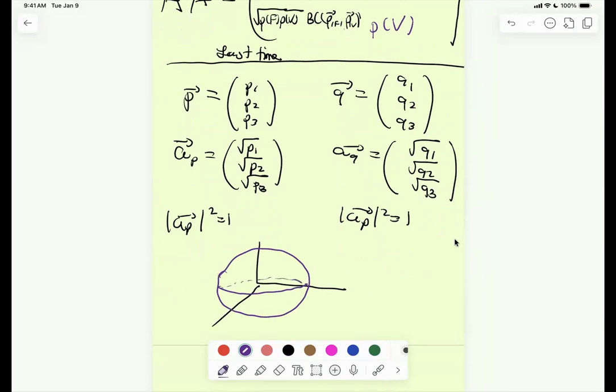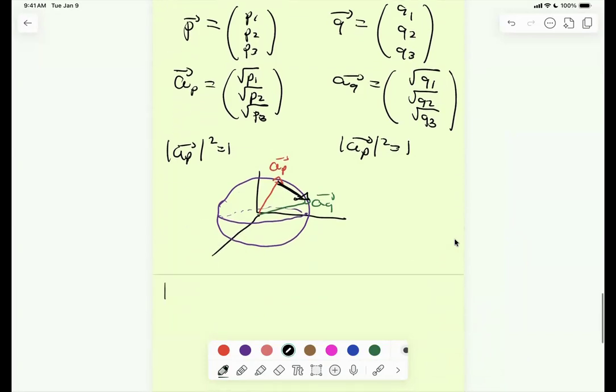Okay, you have the unit sphere, and so you have one vector being AP here, and the other vector being AQ, right? And all that I had said is that one way to measure the distance between these probability vectors is just by measuring the distance between these two amplitude vectors. There's a distance between these two vectors that you see there, and that is one form of distance called the Hellinger distance.